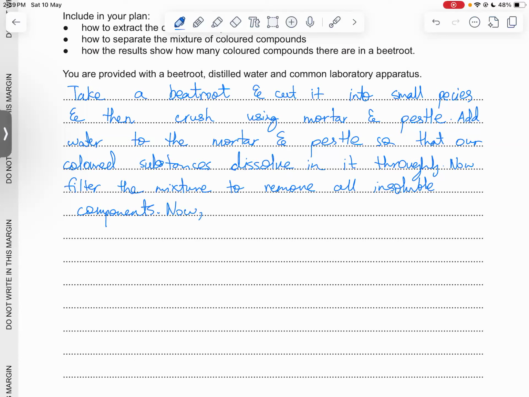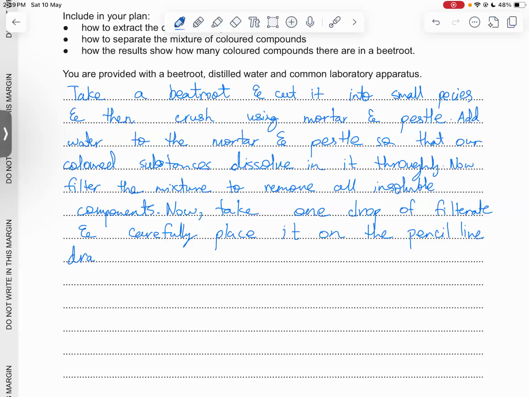Now take 1 drop of filtrate and carefully place it on the pencil line